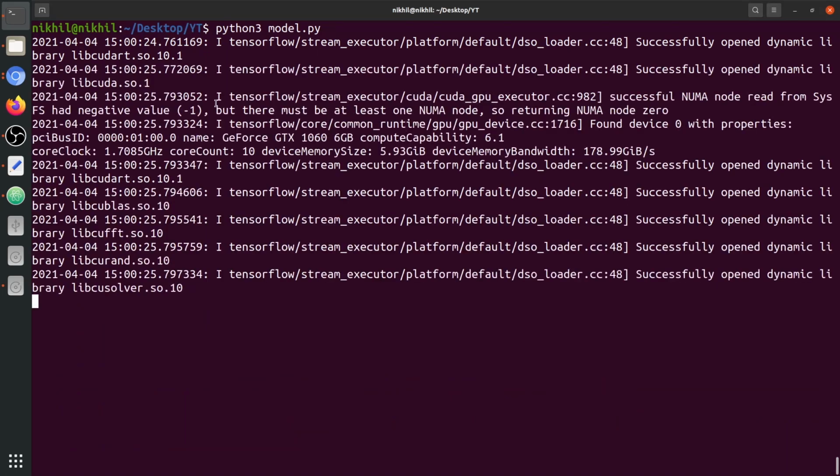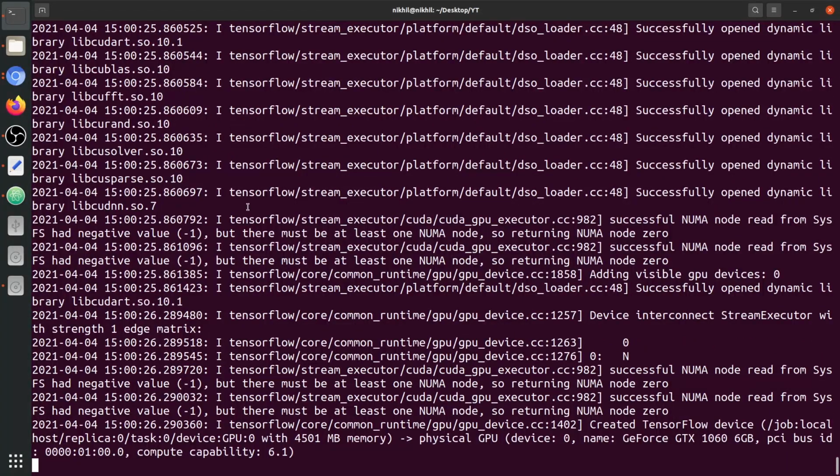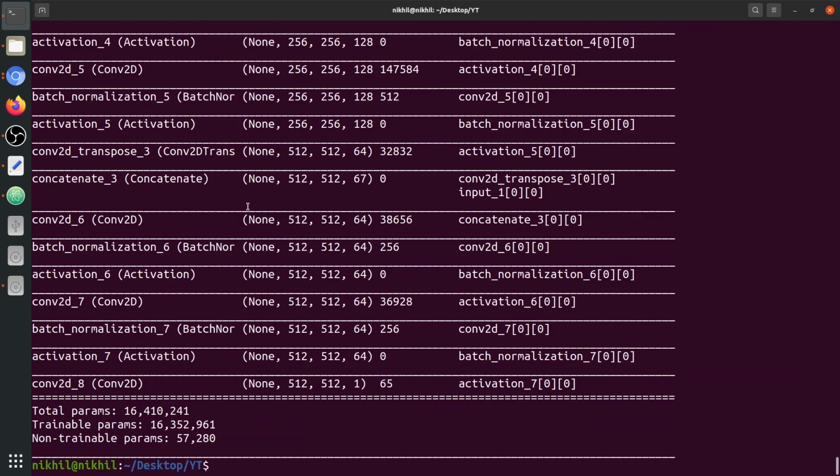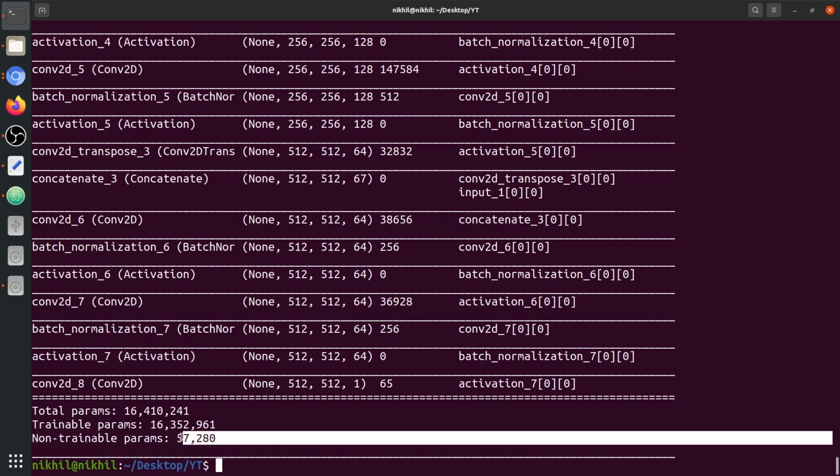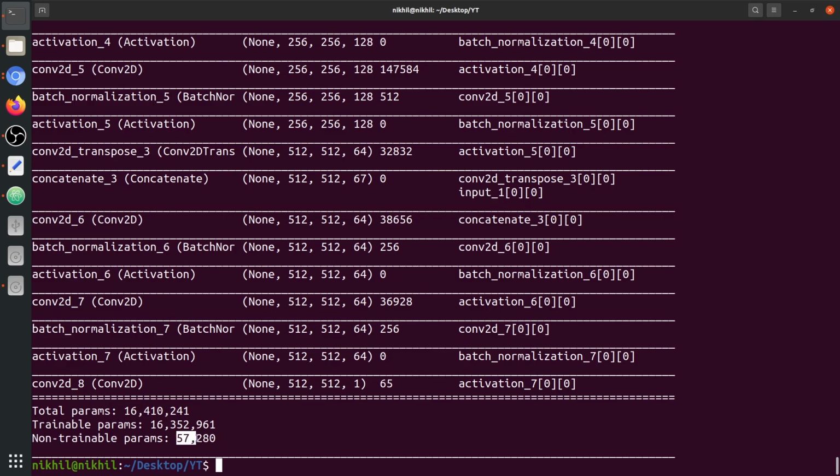Again we're going to run it and see the summary and the number of parameters, or any issue or error. You can see the total number of parameters. It has these trainable parameters and this number of untrainable parameters. These untrainable parameters basically come from the batch normalization.